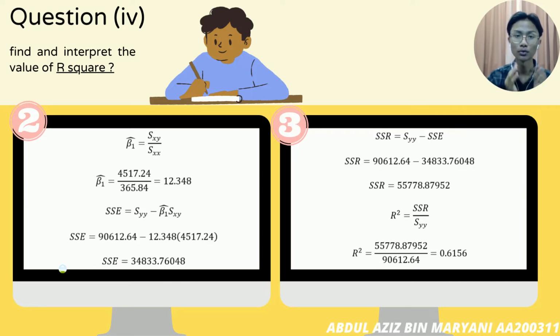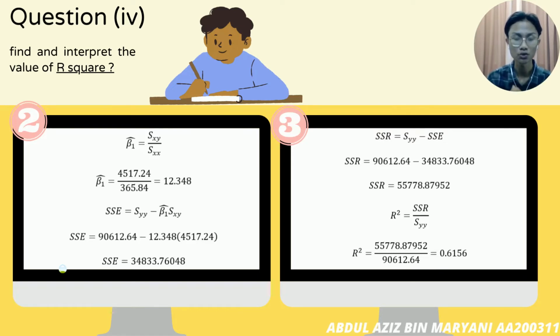34,833.76048. Move to SSR, we can determine the value with the formula of Syy minus SSE, and the answer is 55,778.87952. Last but not least, the answer of SSR and Syy that we have to find before have determined